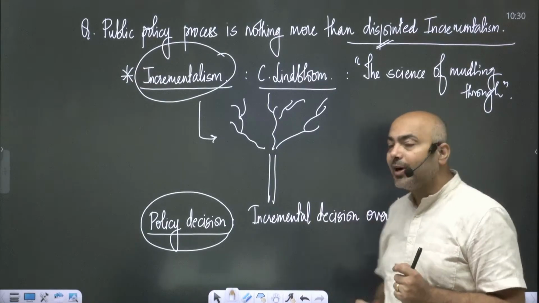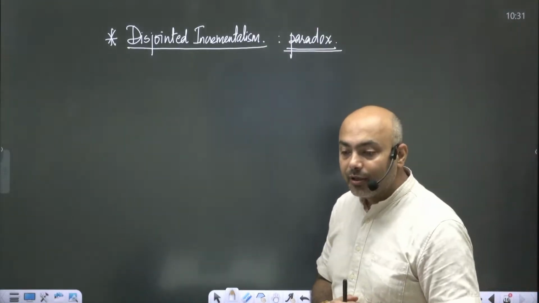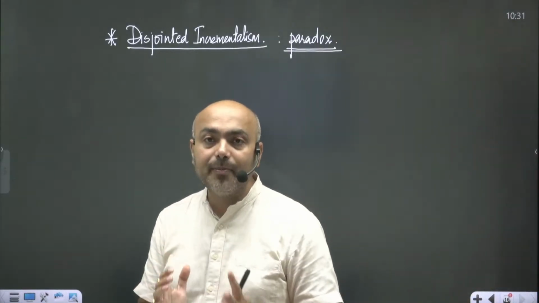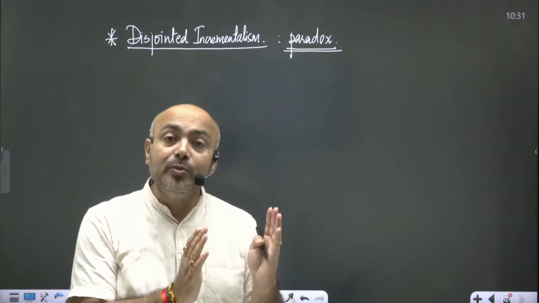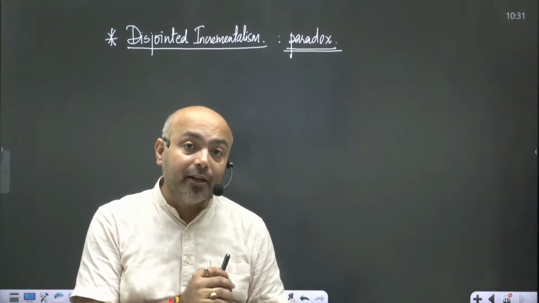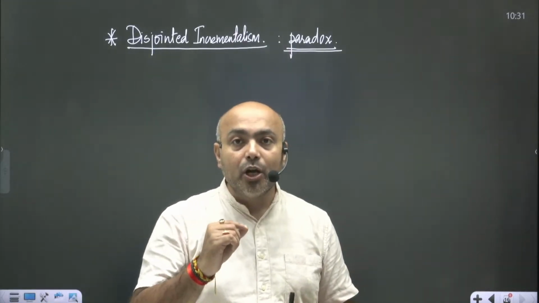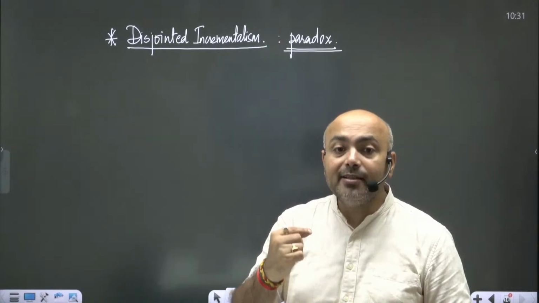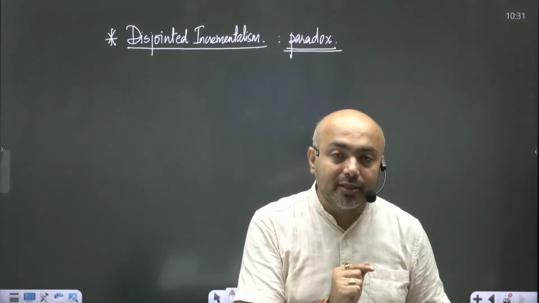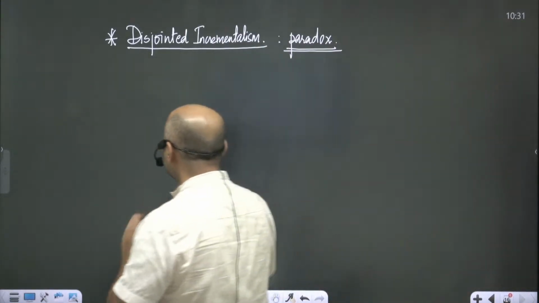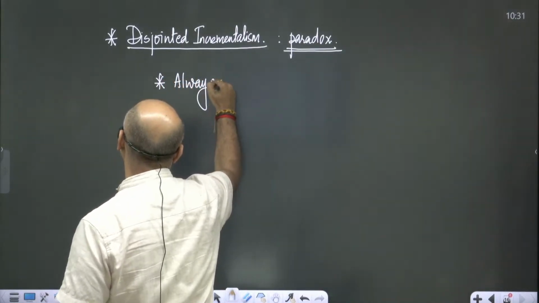And that is the reason why I have mentioned that it is a paradox. It is not something which is generally true. ये दोनों एक दूसरे से opposite है, लेकिन फिर भी Lindblom does talk about disjointed incrementalism. Why? Because he believes that when a policy is regularly an increment over the last policy, there is always a possibility